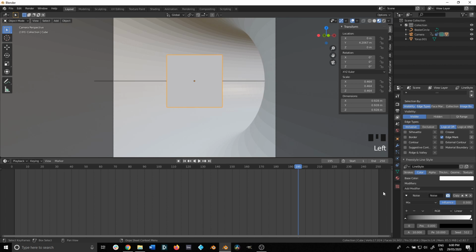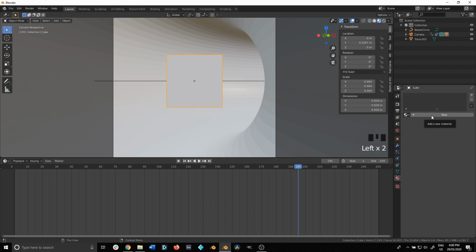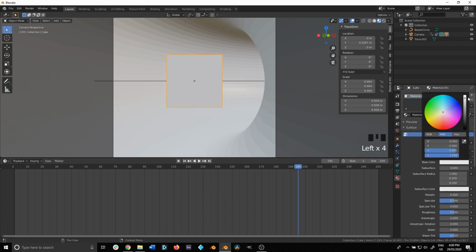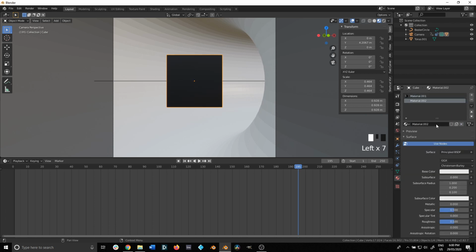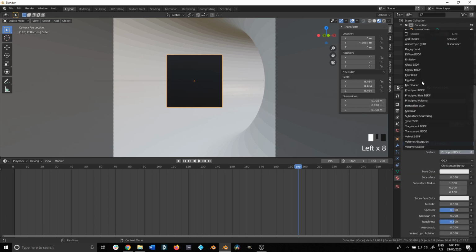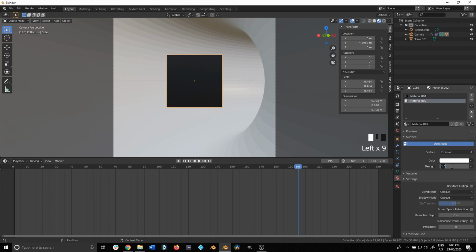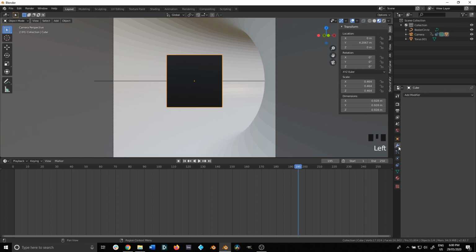Now I'm just going to decorate this box real quick. So new material, I'm just going to make that black. I'm going to put on one more material and make that an emitter of white. Emission, I might give it 5. So now that we have these two materials, come over to the modifiers,